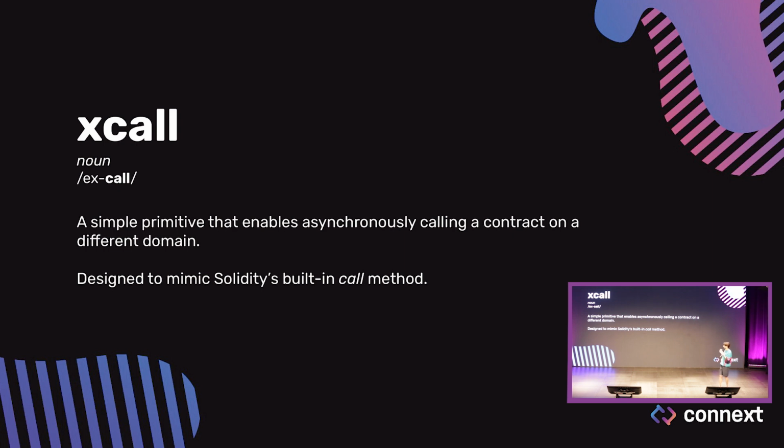We create this really, really simple function called xcall. This is actually the entire interface of Connext, just this function. This function, xcall, is designed to map to the lower level Solidity call function, which is basically the lowest level function that allows you to execute a transaction or call a function on another contract from a contract on the same chain. This is the basis of composability on Ethereum today. And xcall does the exact same thing, but in an asynchronous environment. What do we mean by asynchrony?